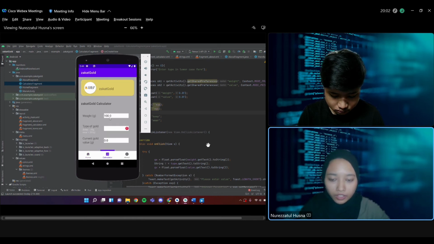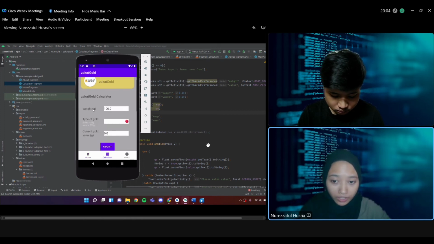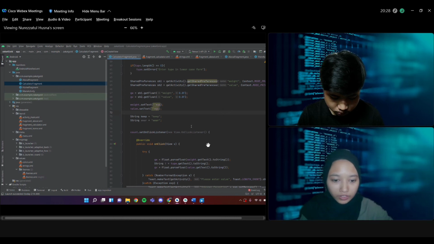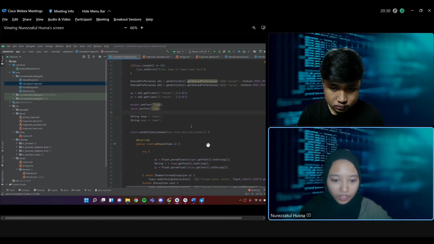Like before, we put 100 gram here. After we close and reopen, the value of weight is still here, which means the shared preference has been done. Next, the fragment class will show the fragment calculator layout on the screen.